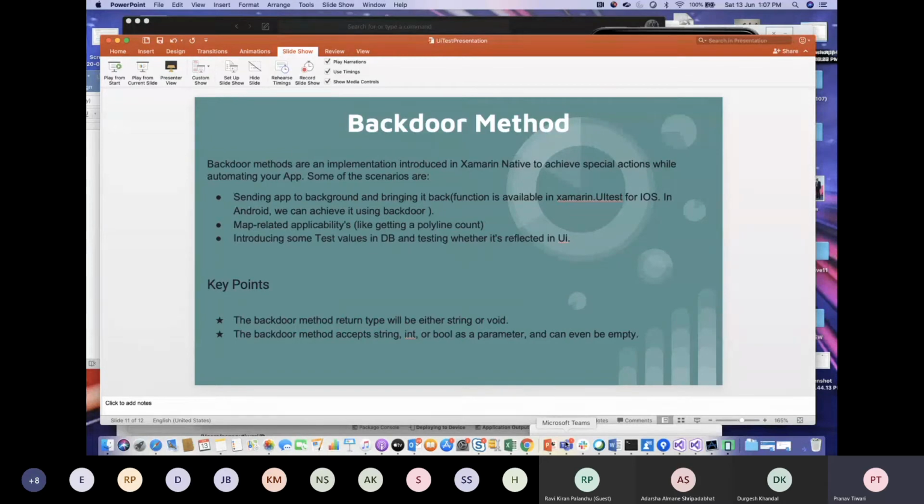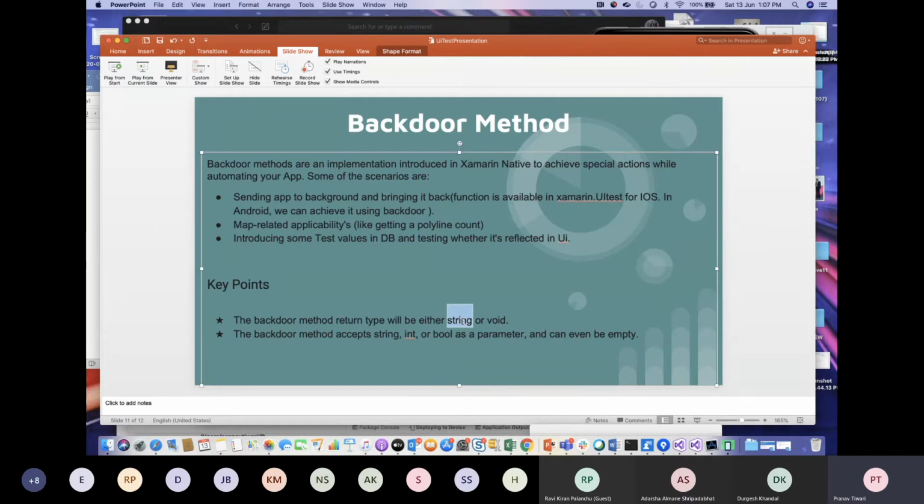The backdoor method return type will be either string or void. There may be a functionality that you only want the app to perform. You don't want it to be returned to your UI test, or you don't want to return a particular query to your UI test. In that case, you can put it as void, or its return type can be a string.